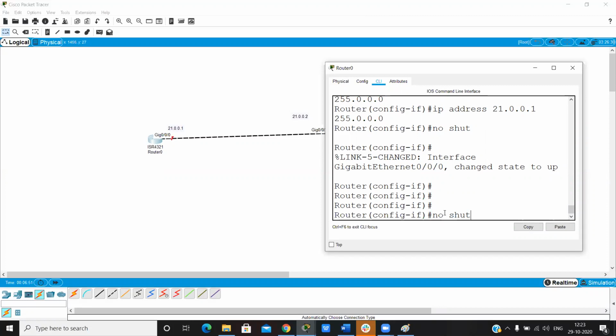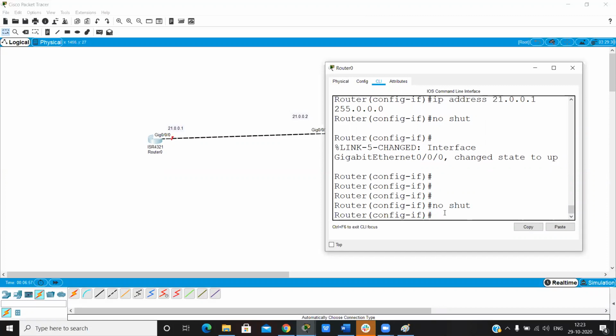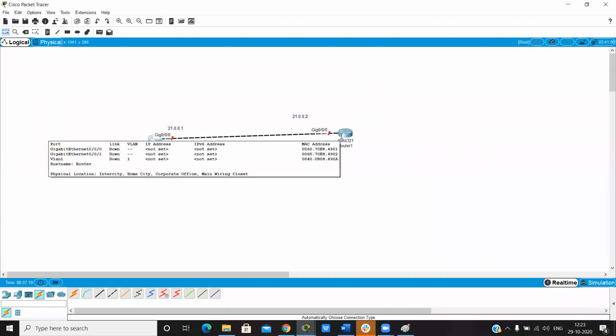By default, all the interfaces of a router are down. So I run the no shutdown command. When we run no shutdown, see here, link change: interface GigabitEthernet 0/0/0 changed state to up. Same thing we do on this one.